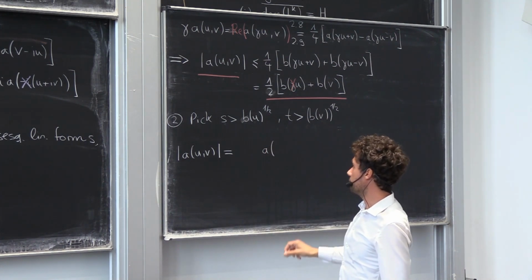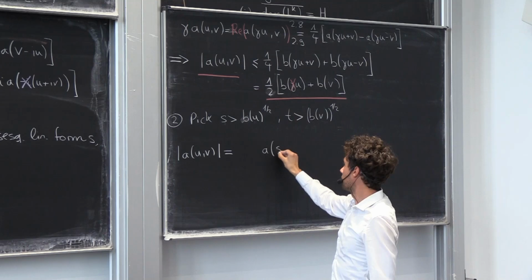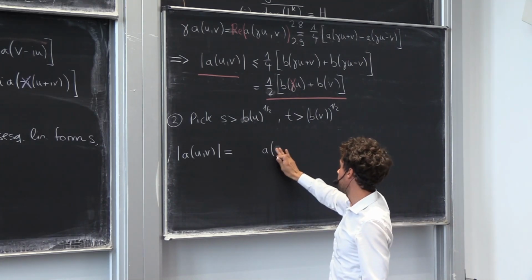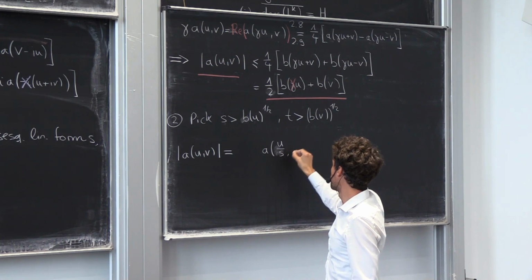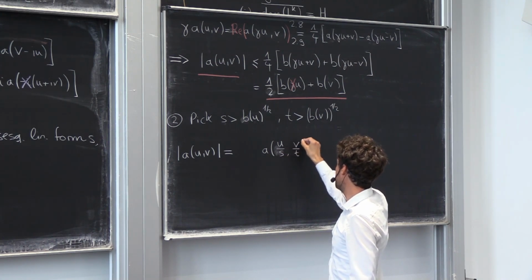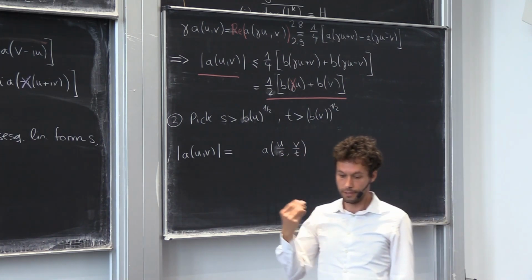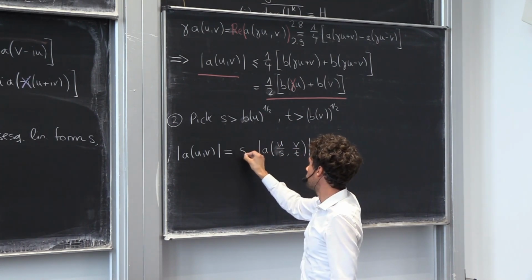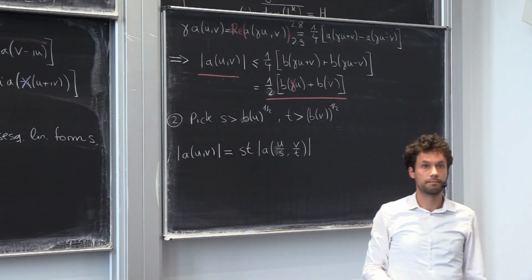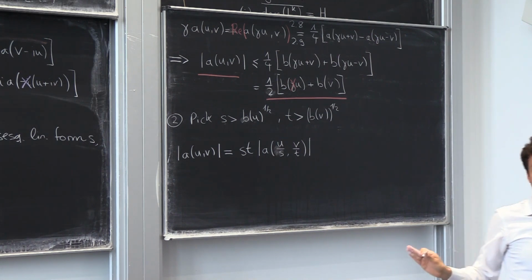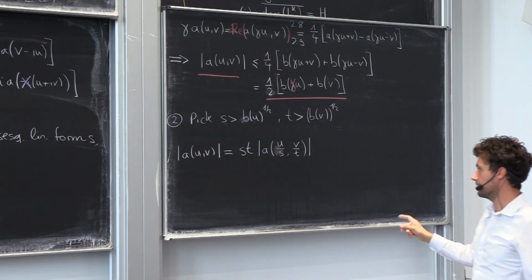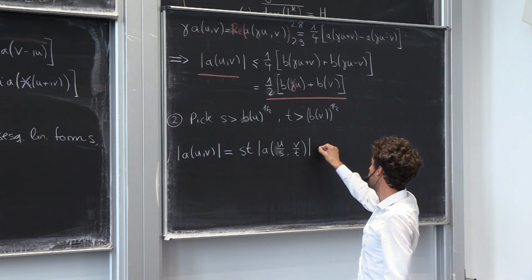I'm going to introduce u over s, so 1 over s, and I'm going to introduce 1 over t in the sesquilinear form, and in order to compensate, I'm just stupidly multiplying by st. No big deal. But this is going to save our lives in these estimates,